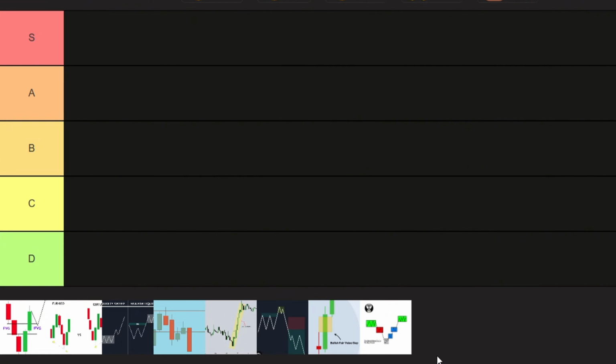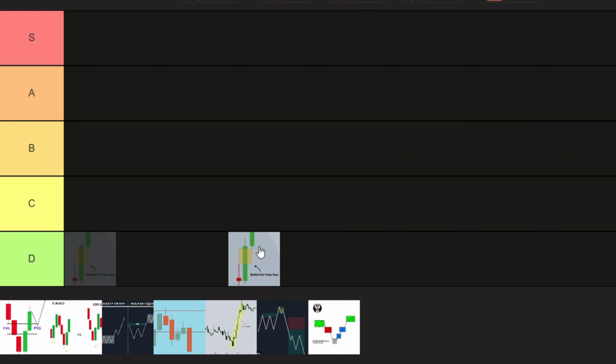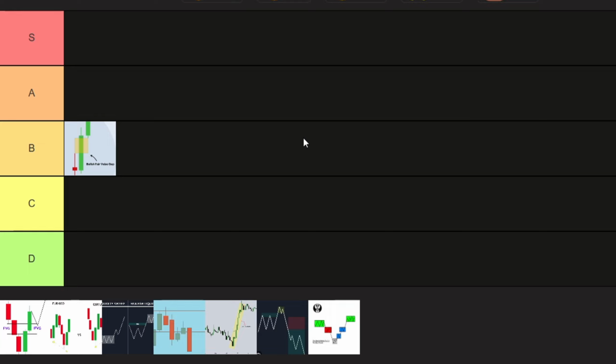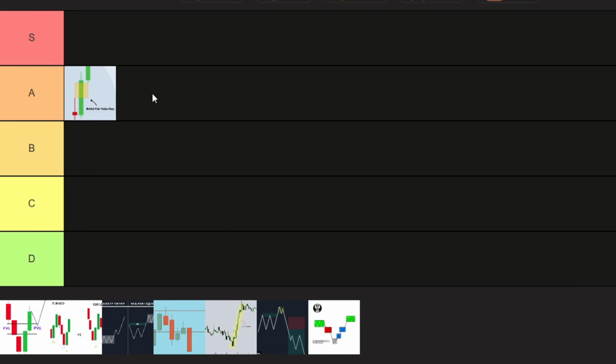Now, we're not going to be doing this in any particular order, so let's get started with our first concept and entry model. The first one we're going to be ranking is just a simple fair value gap retracement PRR setup. So I would confidently put this as a B tier. And actually, you know what? I think I'm going to change that. Let's do an A tier. And I'm going to show you guys an example right now because that actually happened today and the trade went pretty well. So I'm going to go ahead and get into that trade recap and show you guys how this